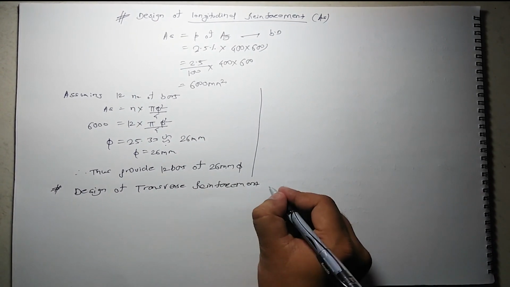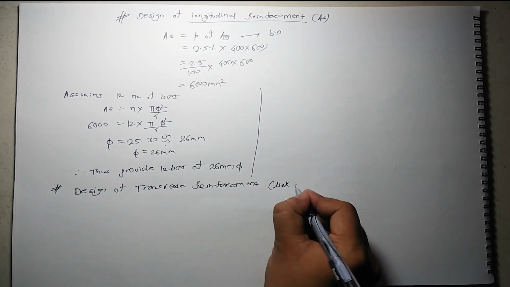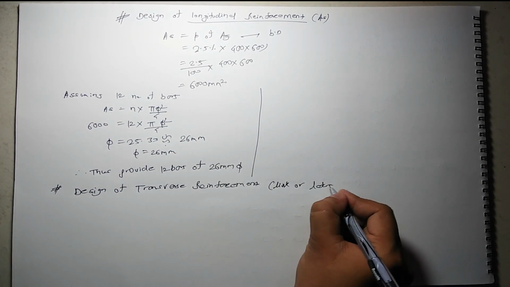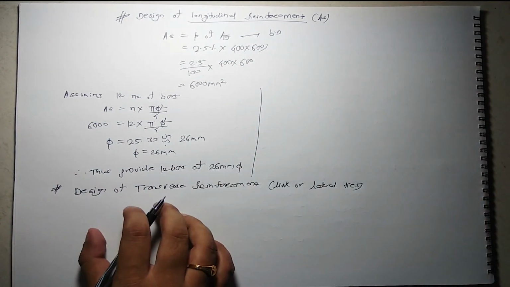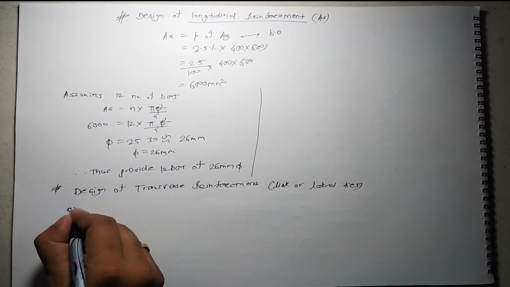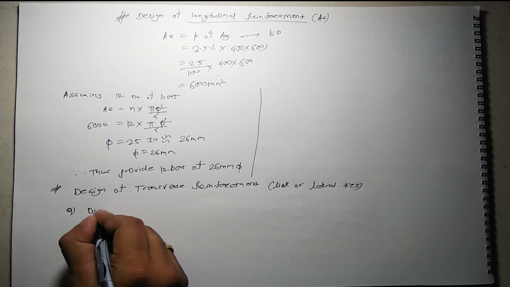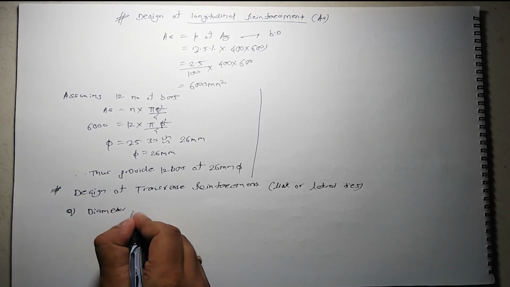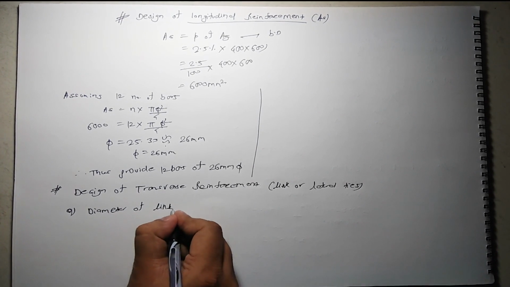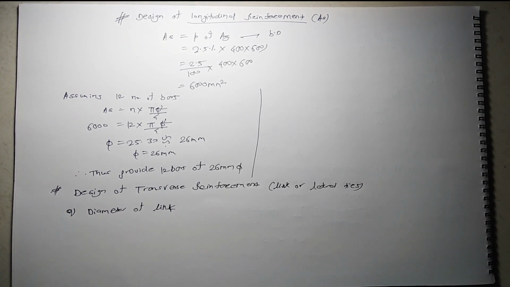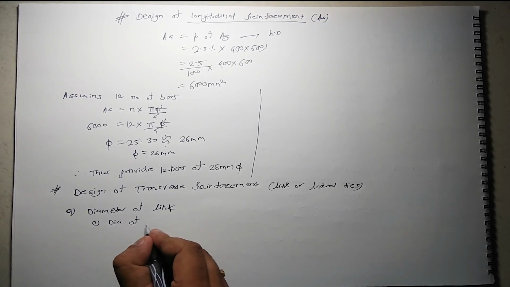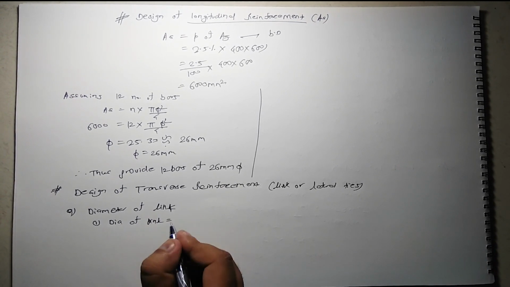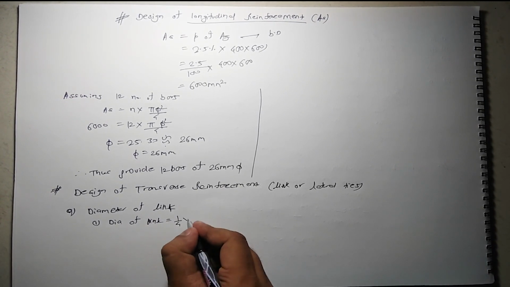Okay, that is link or lateral ties. Then I'll shift here, the space I have made work. So part A, the diameter of the link. Though I am telling you all these possible steps, you follow only one in the exam, it's okay. So part A, diameter of link, I'll write a short dia of link equals